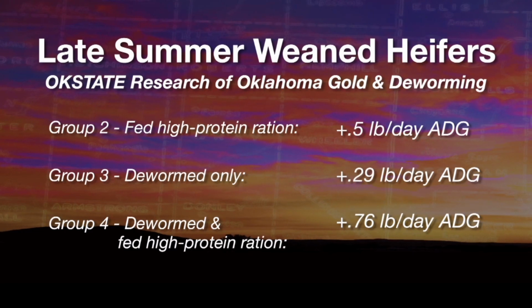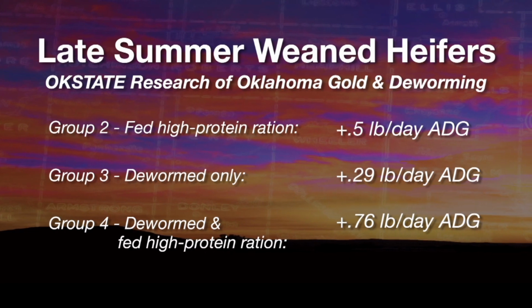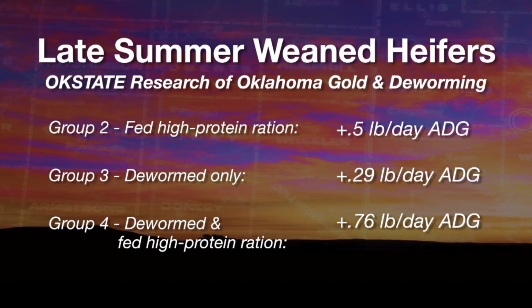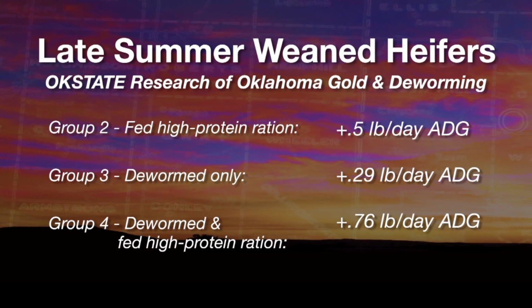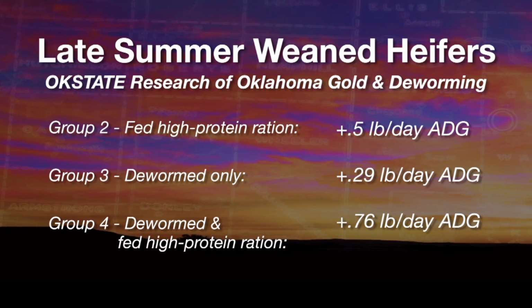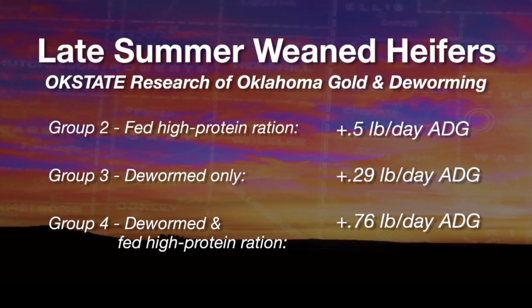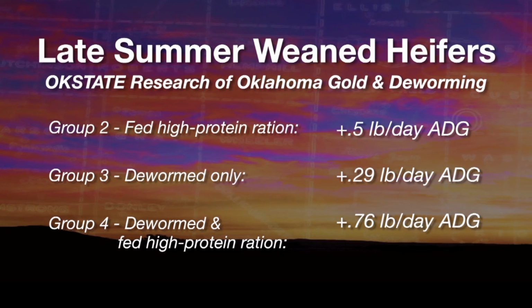What they found was that those 2 management practices, giving an equivalent of 1 pound of a high protein supplement per head per day and deworming in late summer, were additive. They got about 1/2 pound additional average daily gain by using the protein supplement. Another 0.29 pounds per head per day if they dewormed. And the combination of the two didn't quite get the total addition of those 2 sums, but they got 0.76